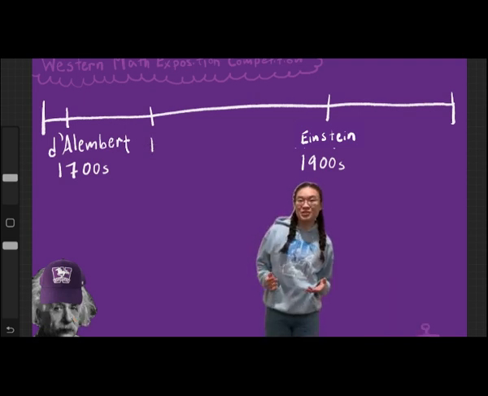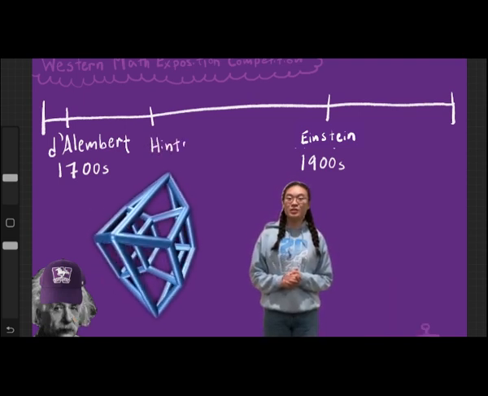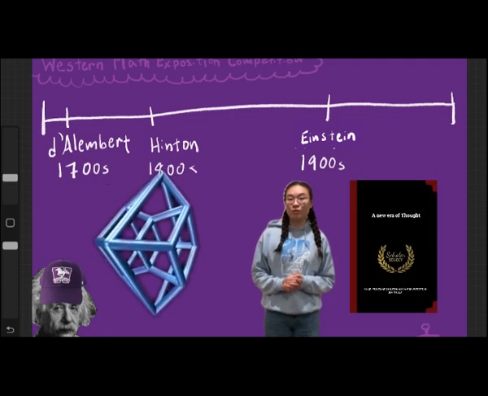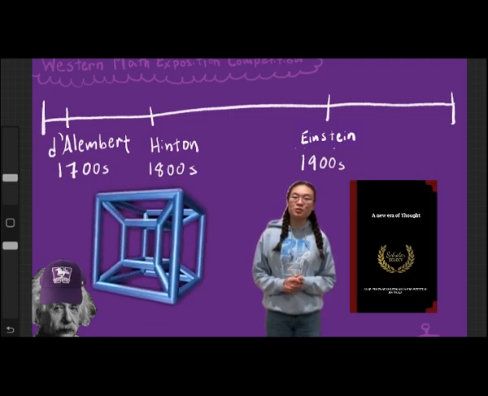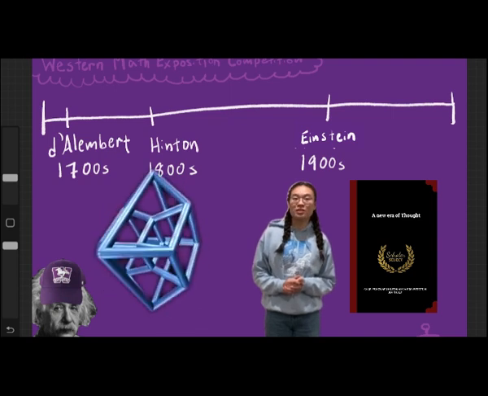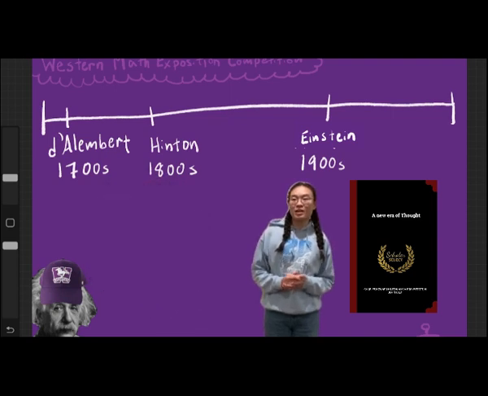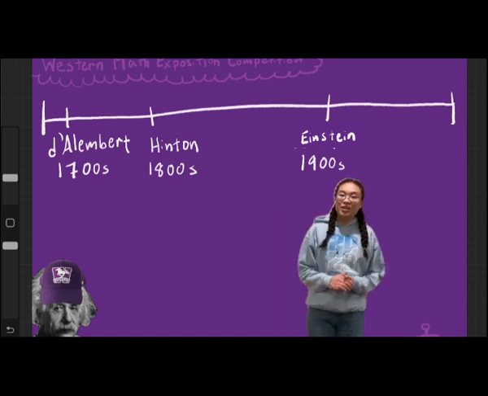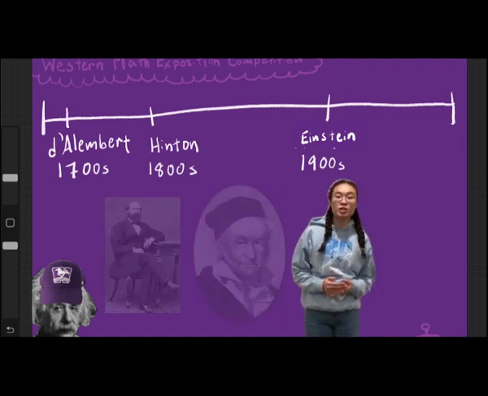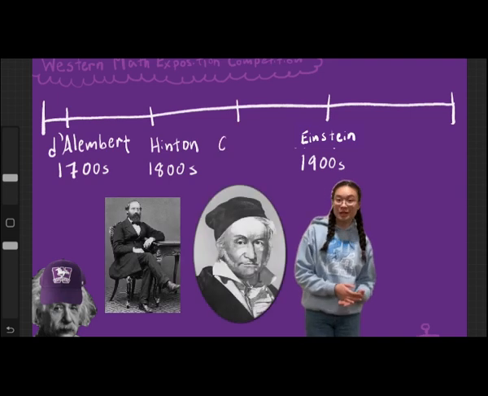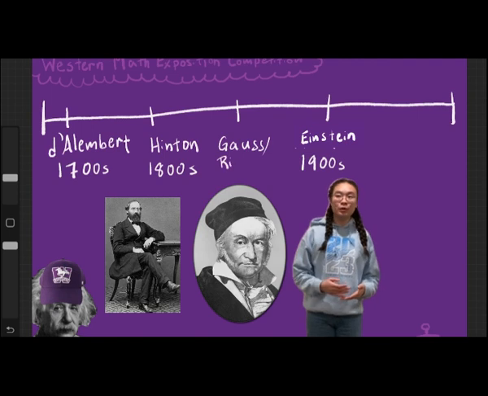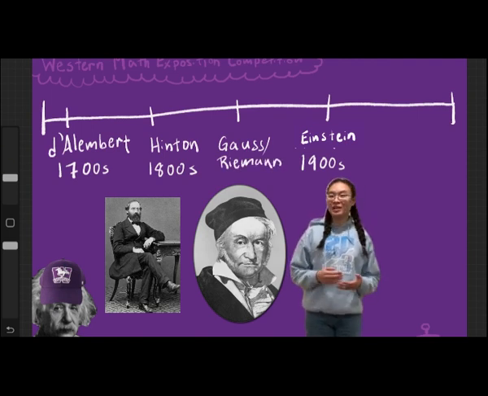The idea of the tesseract was first discovered by Charles Howard Hinton, and he wrote about it in his book called A New Era of Thought. In this book, he talked about geometric shapes that could possibly exist in the fourth dimension and how there could possibly be a dimension beyond the first 3 dimensions. Throughout history, many big mathematicians like Riemann or Gauss, for example, drew from these ideas to create their own theories about geometric shapes and bending surfaces.